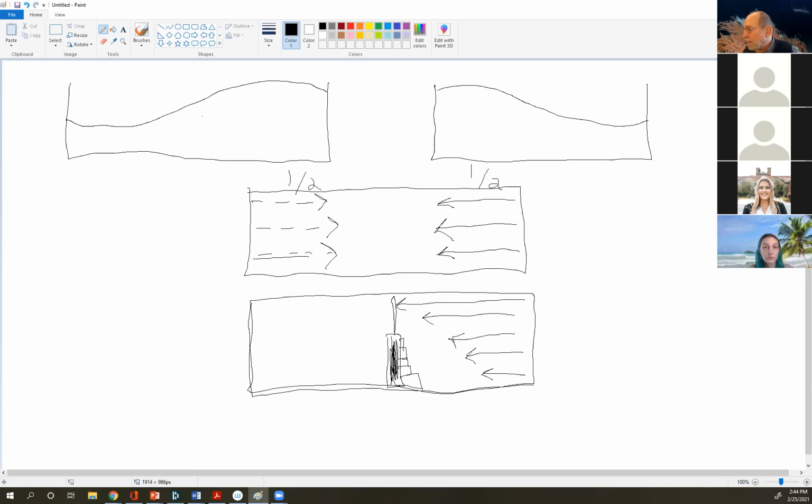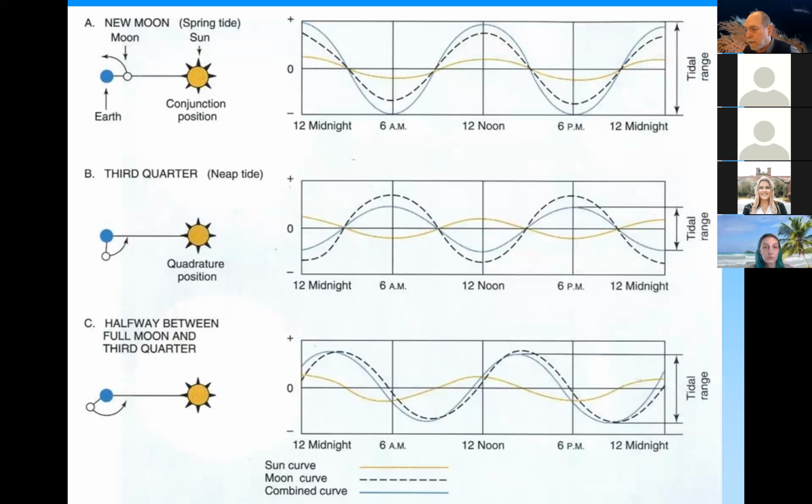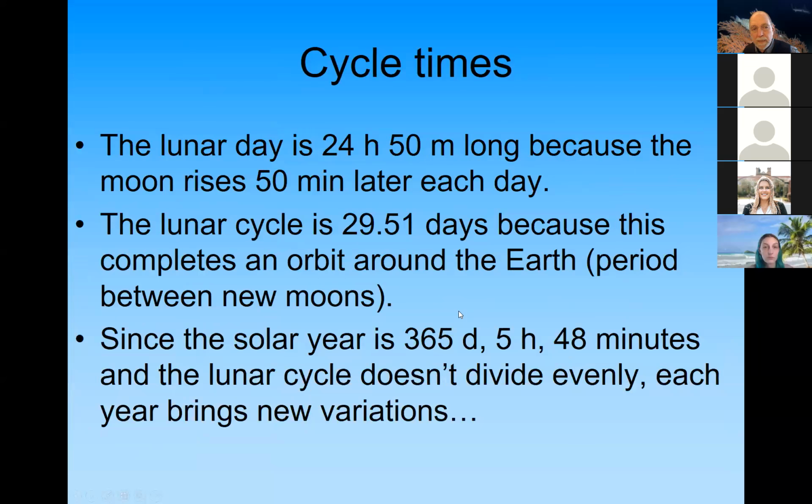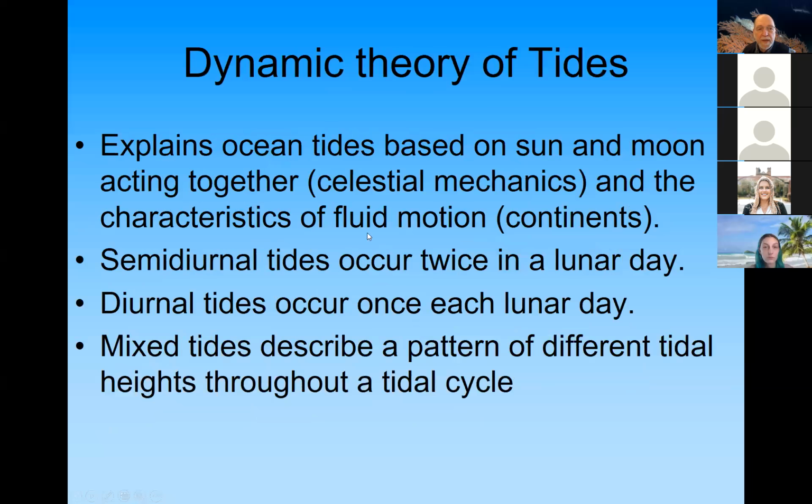Okay? And so the consequence of that, let's see, go back. Okay, so the lunar day, 20 hours, 50 minutes long. Lunar cycle is 29.5 days because it completes an orbit. These are not evenly divided. Okay. And the dynamic theory of tide explains ocean tides based on the sun and moon, so that fixed sort of clock-like motion, and then this interaction of these basic forces with the